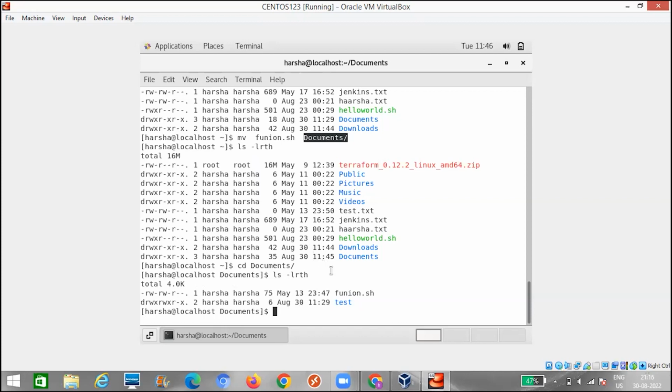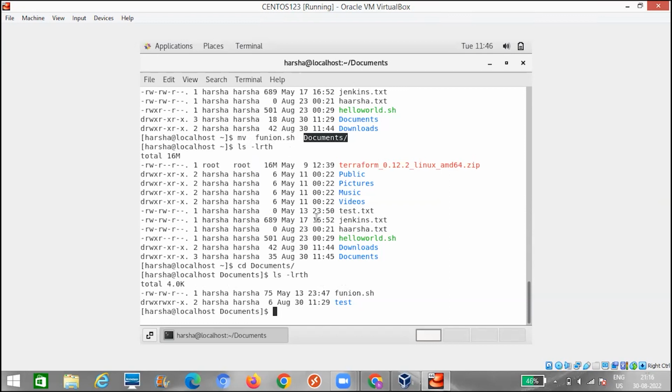Okay. So the difference between the copy and move command is that copy will keep a replica of that file or directory in the current place, and also it will be copying a new thing in the new folder which you have shown over there. If you just use a move command, it will move the entire thing from the source to the destination. It won't have any replica in the source which you have copied from. That is the major difference between copy and move.